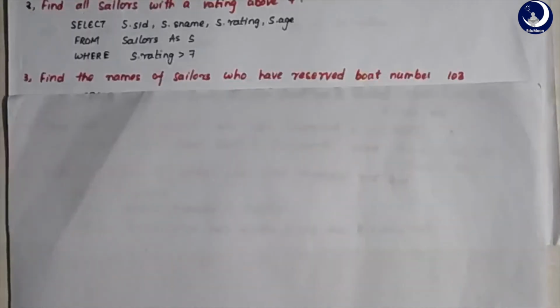So our third example is, find the names of sailors who have reserved a boat number 1 or 3. So from this it's clear that we need the names of sailors, so we need a sailors table. Then we want the person who reserved a boat 1 or 3, right? So the reserves table. Here we don't have anything to do with the boats table, because we have the boat ID and the date of reserving in the reserves table only. So we are only going to consider the sailors table and reserves table.